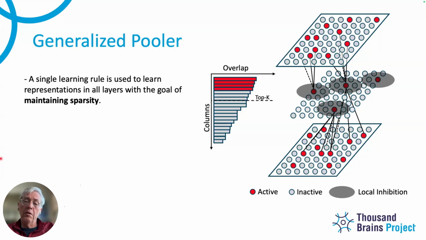Whether that's useful, I don't know, but in reality, I might have 100 or 1,000 columns doing this all at the same time, and then it becomes meaningless. You can imagine in some sense that the top layer is providing a seed for the middle SDR that's being formed. That middle SDR is a subset of two SDRs. It's not an overlap. It's a subset of two SDRs, and the top layer is providing a seed for part of those.